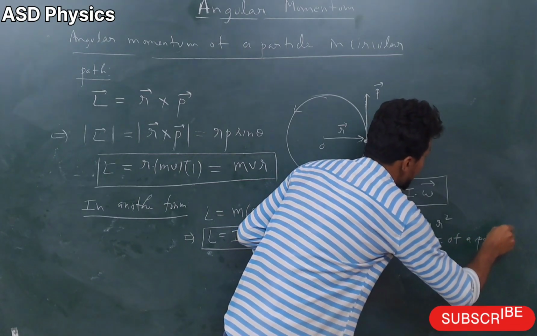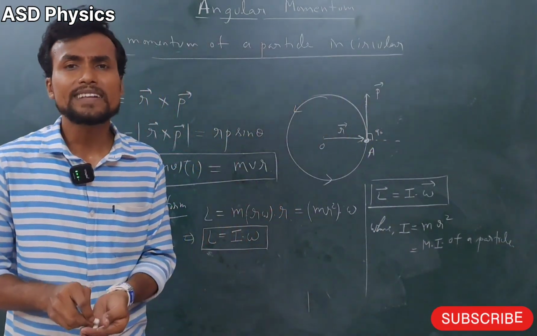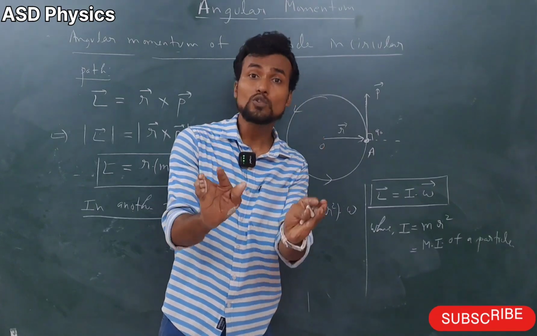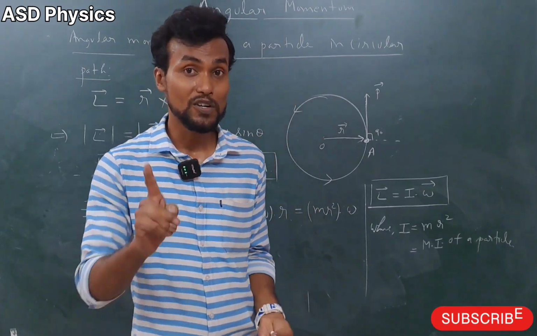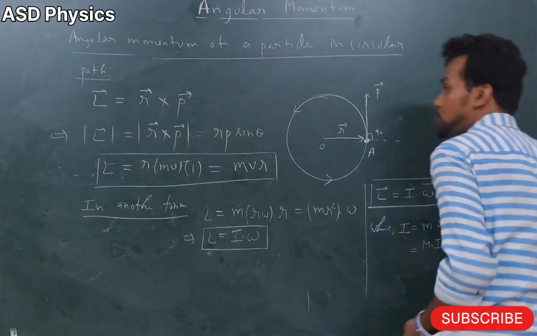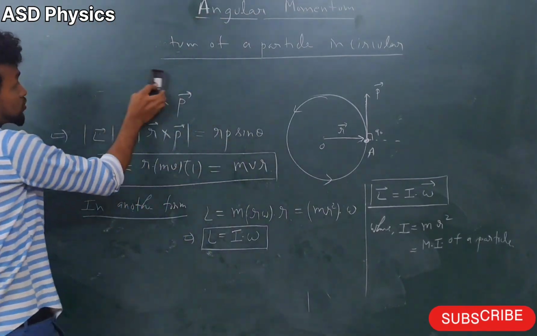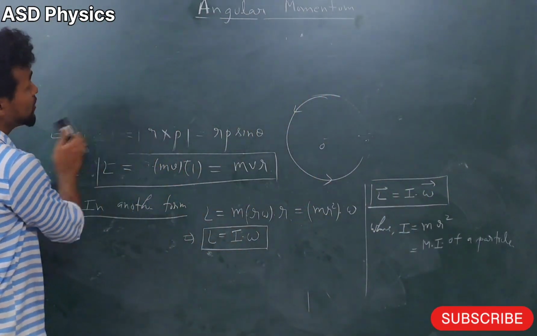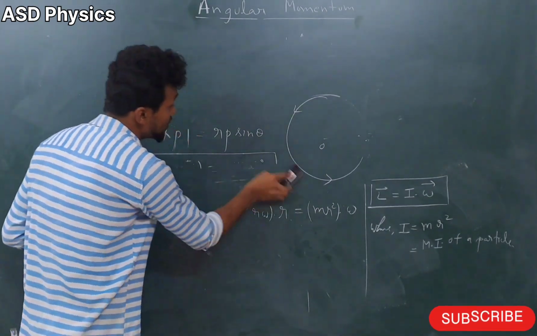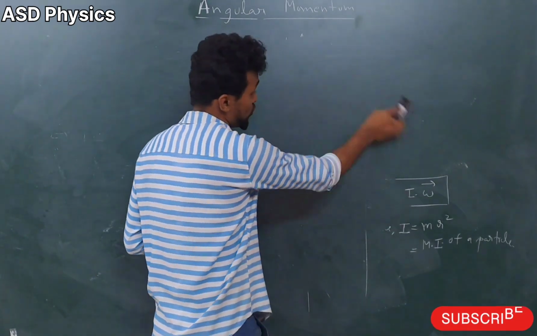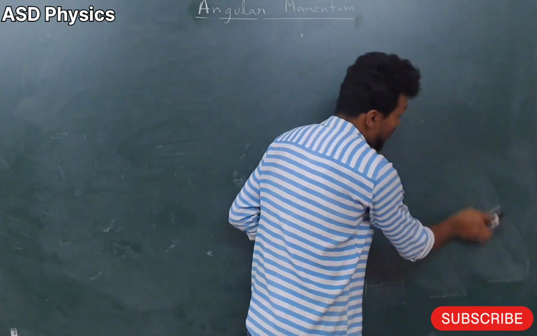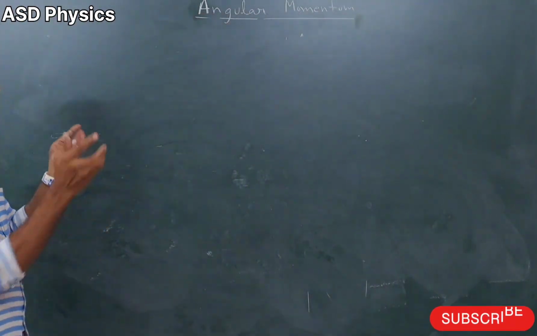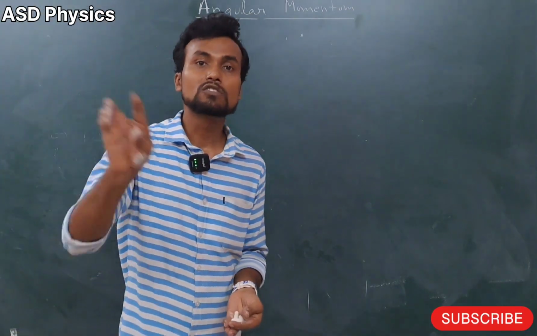Now after that, my dear students, we have seen this for a single particle, but the same concept we can apply for a body also. So we will see the body concept also after that. If you have understood this video, then my dear students, in the next part I am going to solve the questions based upon the angular momentum. So if you have understood all this very well, then very soon I am going to upload the problems, only problems. So this is going to be part 1 and the next one will be part 2.